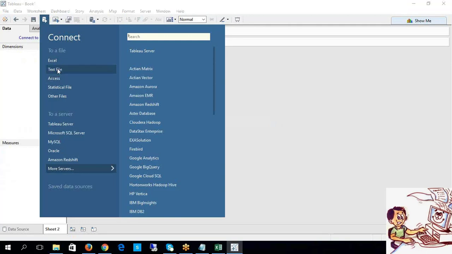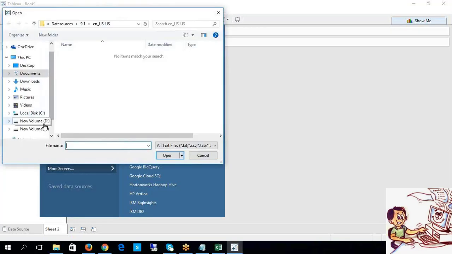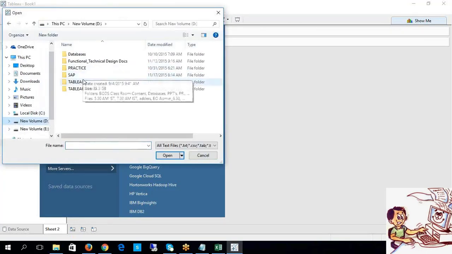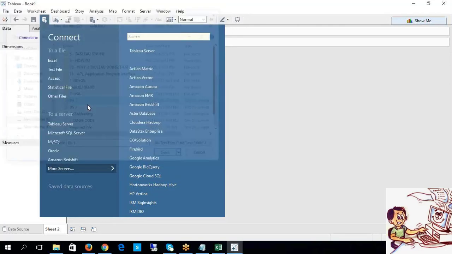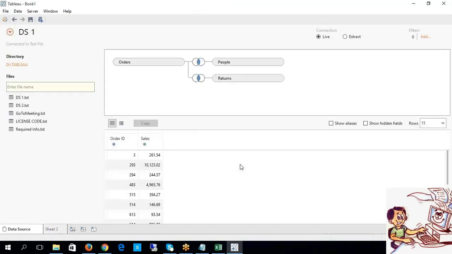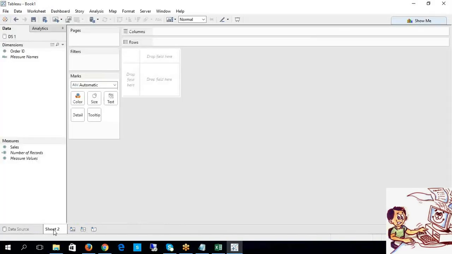Connect to the data. I have some text file with me in my drive, data set 1. Fine. Now look at this. I have this one. Now go to sheet.